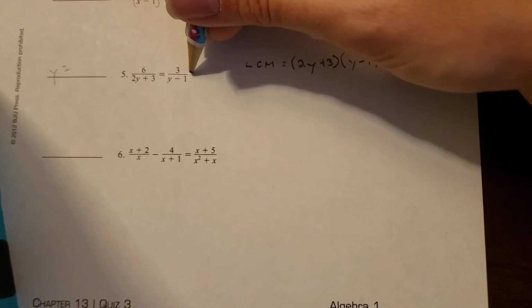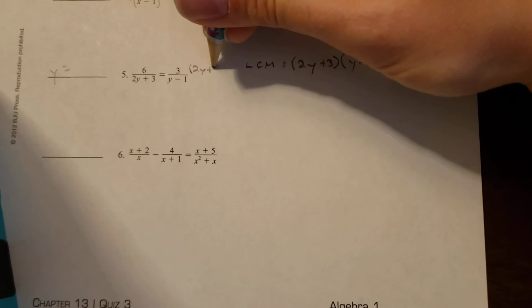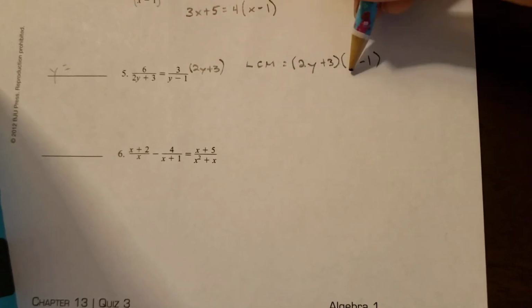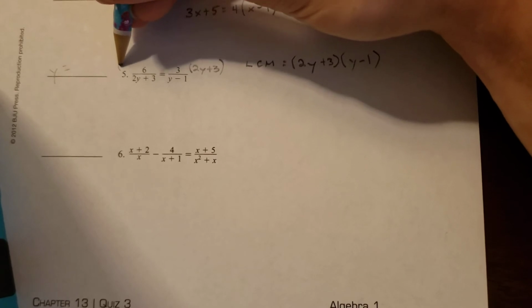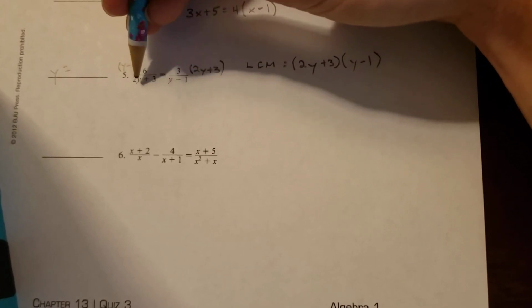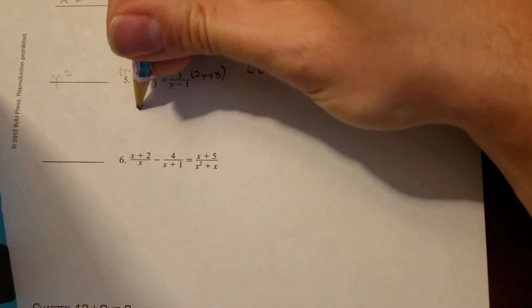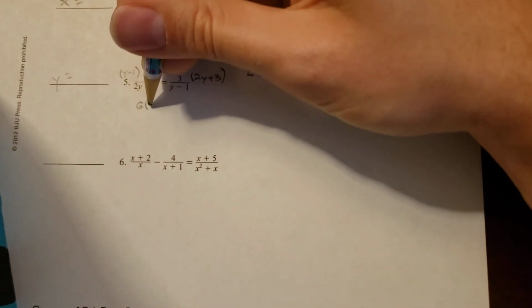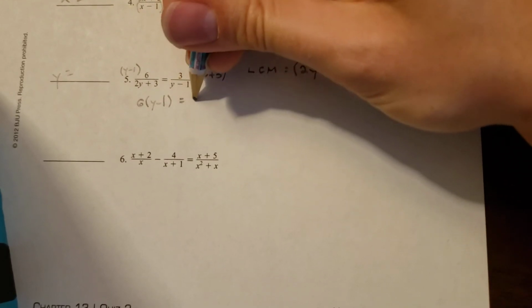I'm multiplying this by 2y plus 3 because it cancels out with that, and I'm multiplying this by y minus 1, and it cancels out here. So this gives me 6y minus 1 equals 3,